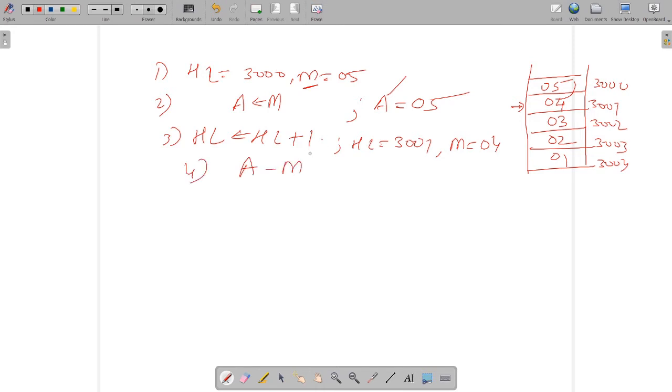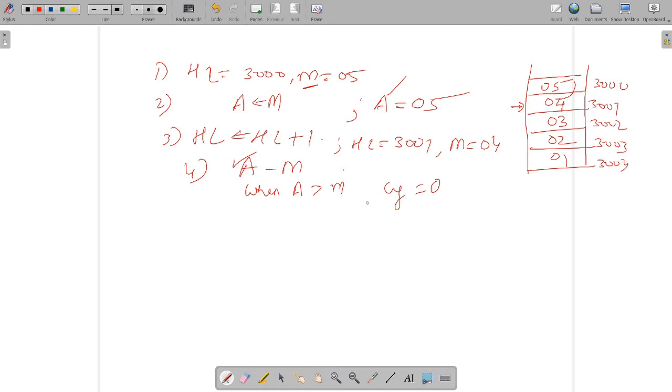Now the fourth step will be A minus M. That is the comparison. Why have I written this negative sign or subtraction sign? Because there is a comparison, and comparison is a different type of subtraction. What you will have to see is, if the first operand is higher, when A is greater than M, what will happen? Carry is not going to generate. So carry will be equal to 0, because your first operand is higher. You are not going to get any borrow or carry.